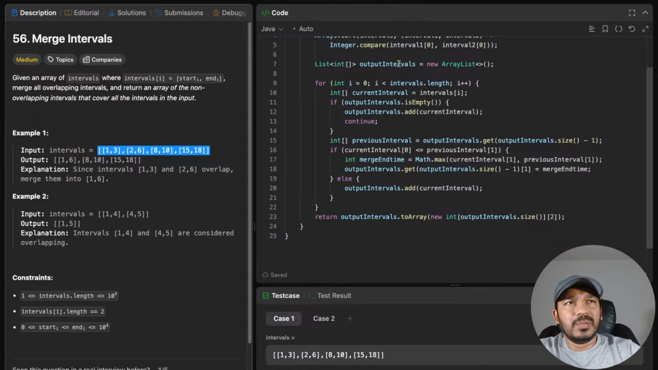And output intervals is this one. If the output intervals is empty, then just add it to the output intervals. If that is empty, that means it's the first interval, then just add it. Or else what we can do,